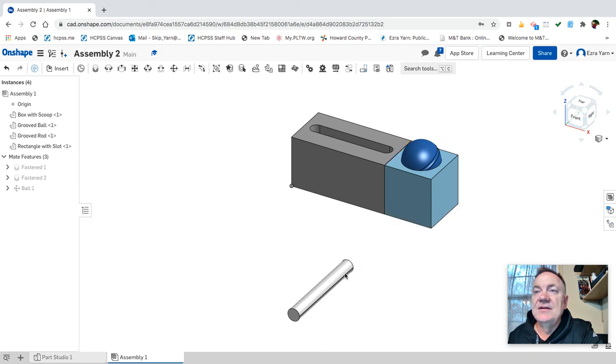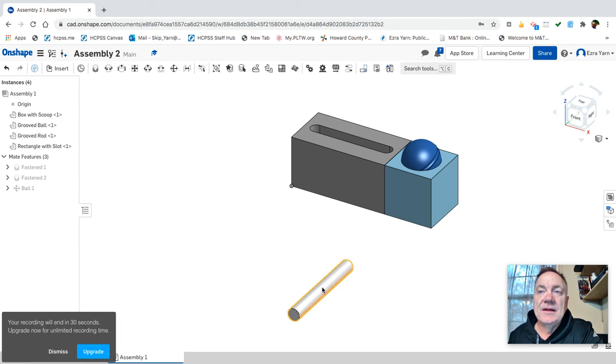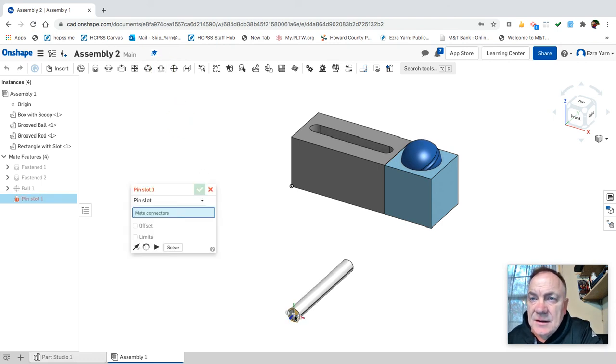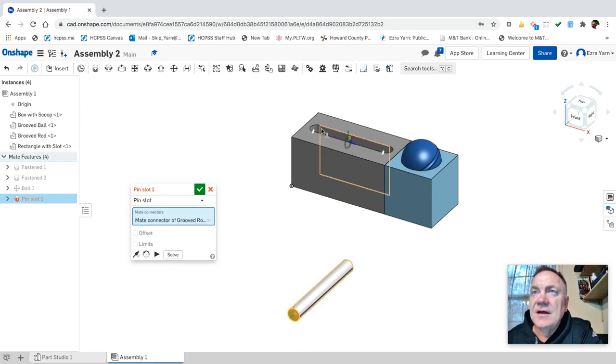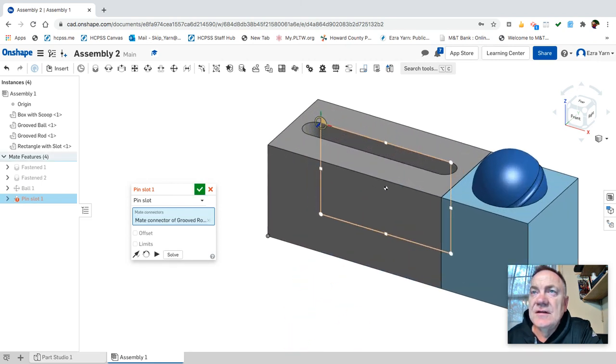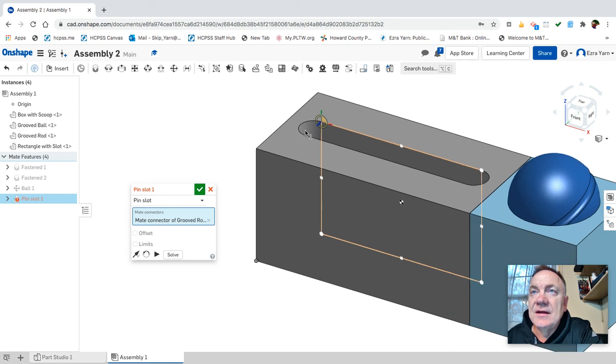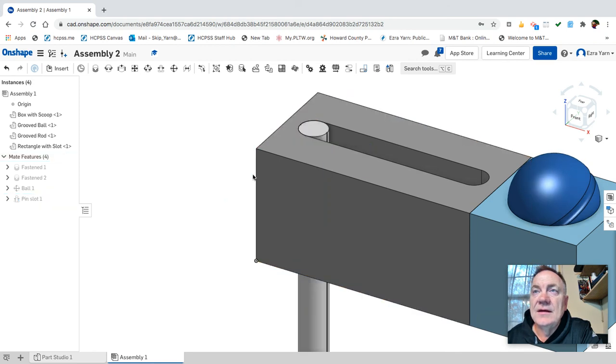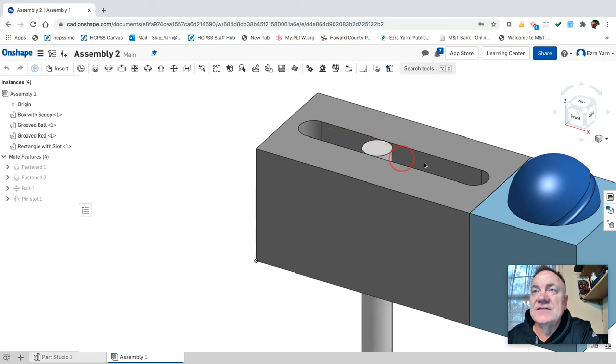The last thing we need to do is put this post inside of this slot. This probably is the most difficult of all the mates. We're going to take the pin slot, click on the center of the pin here, and come up and choose the slot we're going in by clicking on the slot itself, and we'll click OK. And now we'll see that this can slide back and forth in the